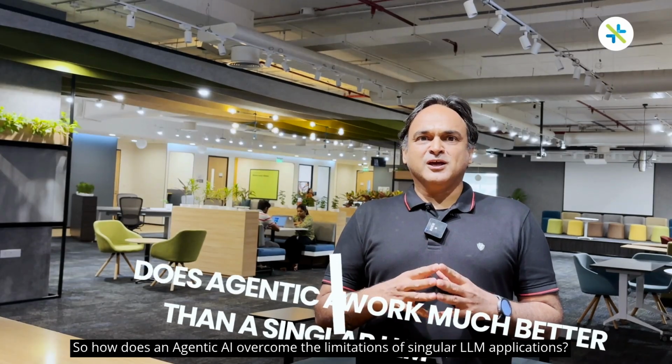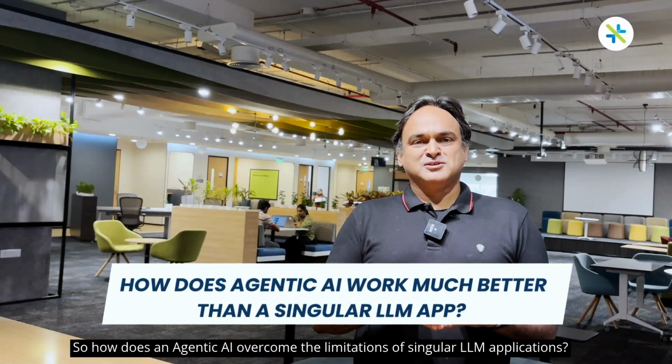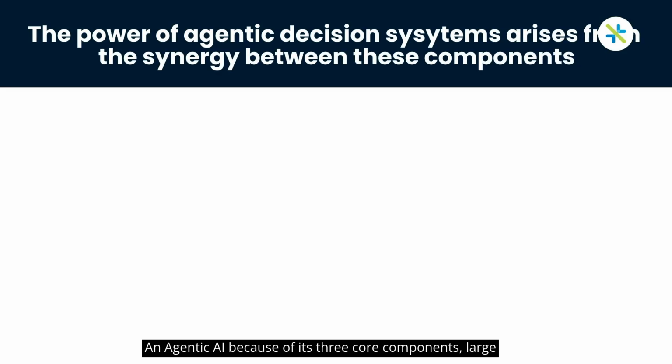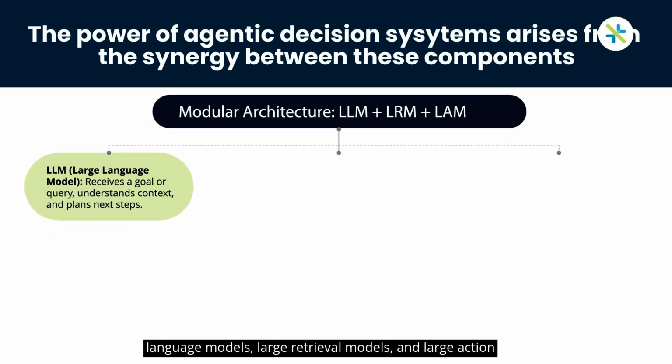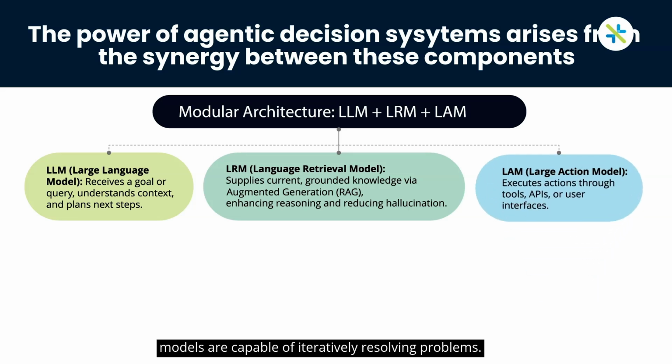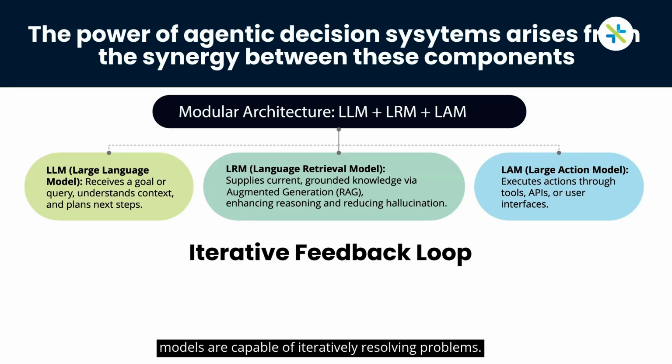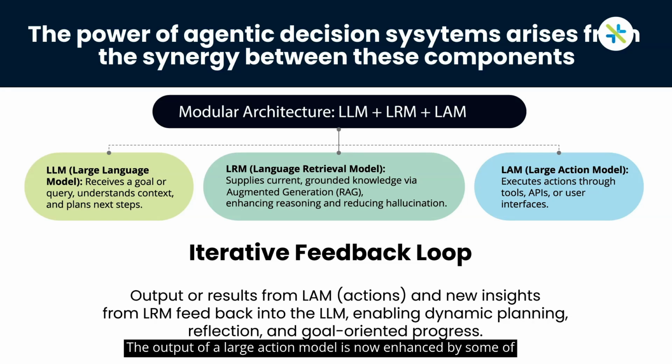So how does an agentic AI overcome the limitations of singular LLM applications? An agentic AI, because of its three core components, large language models, large retrieval models, and large action models, are capable of iteratively resolving problems. The output of a large action model is now enhanced by some of the insights that a large retrieval model gets from external data. This enhanced information is sent back to the LLM so that the LLM can do the reasoning and the planning again,